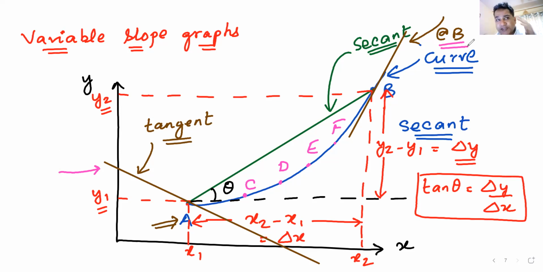Are the tangents same? Yes or no? Look at tangent at point A, this one, and look at tangent at point B, this one. They are totally different lines. That means at different points, C or D or E or F, if I draw tangents, they will be different. If I draw tangents at different points, A, B, C, D, E, they will be different. We agree on this?